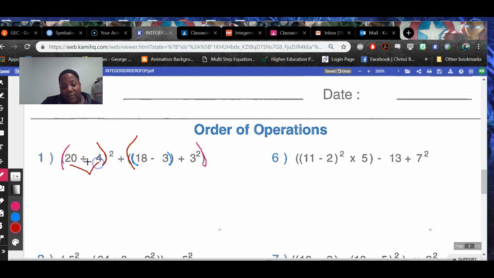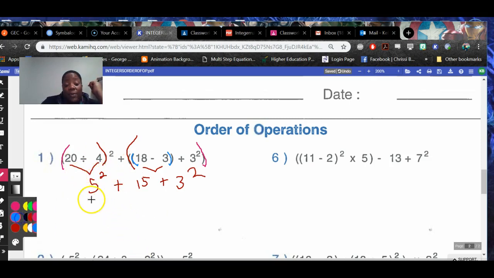We're first going to do this. 20 divided by 4 is 5. I'm going to put the squared back down, my addition sign. I'm going to do the nested parentheses first. 18 minus 3 is 15. Right? And then I'm going to put this back down. There we go. Okay? So now that we've done the parentheses, what comes next according to order of operations,